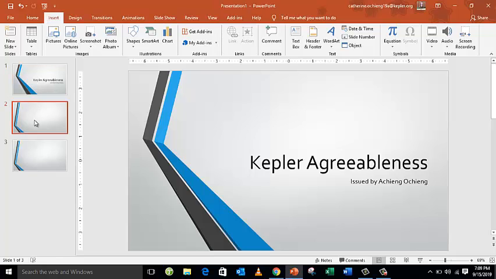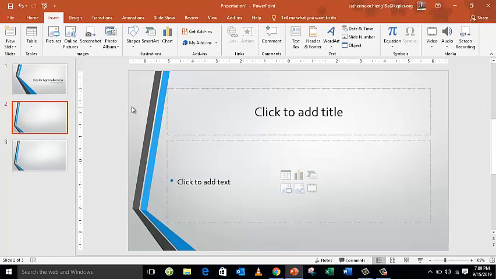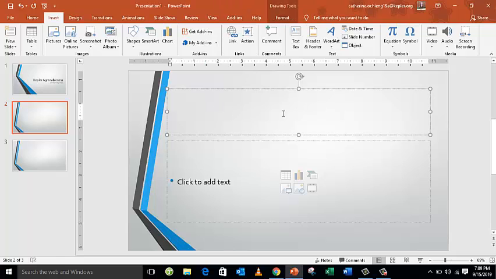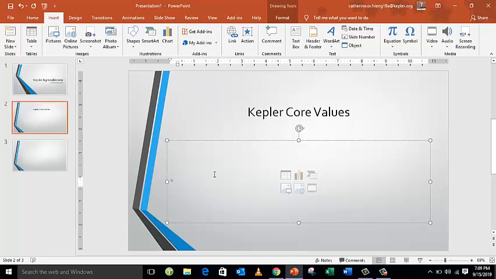Here in insert, maybe we can go to the second slide and insert something about Kepler. Maybe the first one can be to talk about Kepler core values. And here in adding texts, we need to talk about these values that Kepler agrees with. So the first value can be teamwork, and you can see I'm using